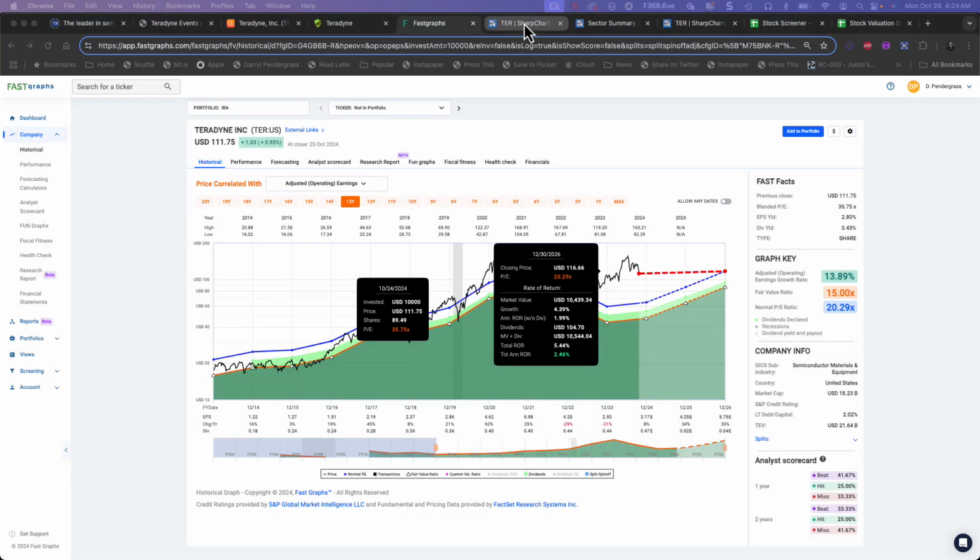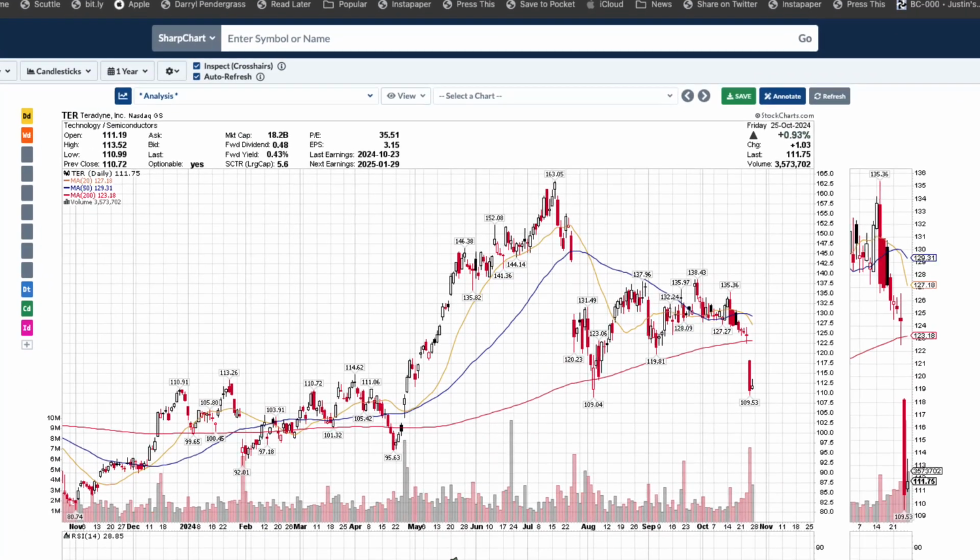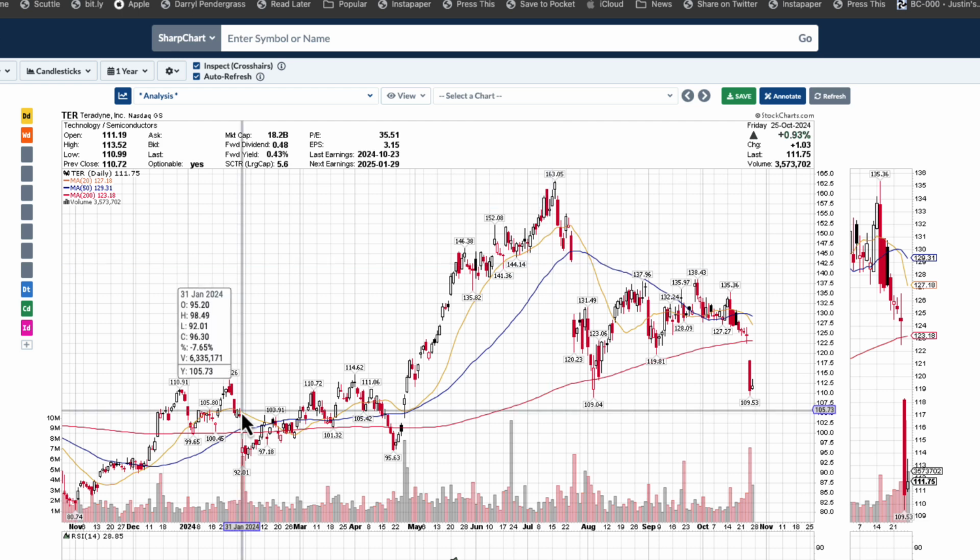Next, we'll take a look at the technicals on StockCharts. Teradyne reported earnings on January the 30th, missing revenue target but beating earnings per share. The share price dropped 7.65%, taking 20 days to recover. On March 19th,